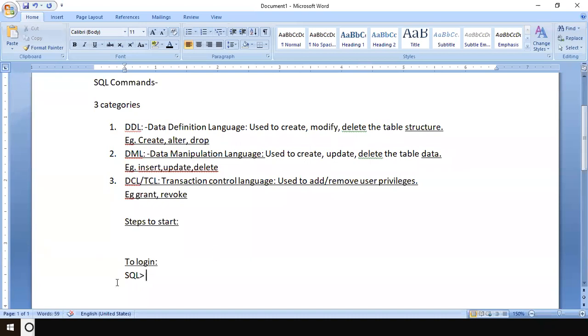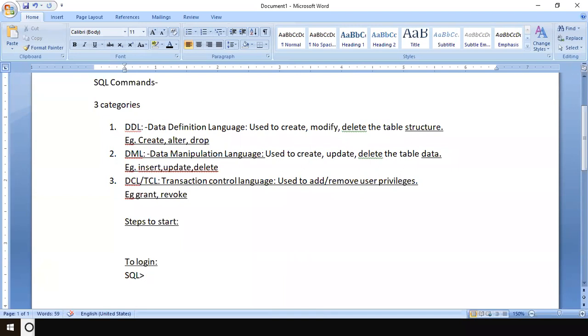That doesn't mean this is a part of the command. This is a way how you write SQL commands. So as in case of C programming, you used to write C colon. When you write C colon, that doesn't mean you type C colon slash. That will exist. Similarly, SQL will exist. You don't have to type SQL and that greater than symbol, but while writing, this is the way you write, even in exams. So SQL greater than symbol, this is a prompt.